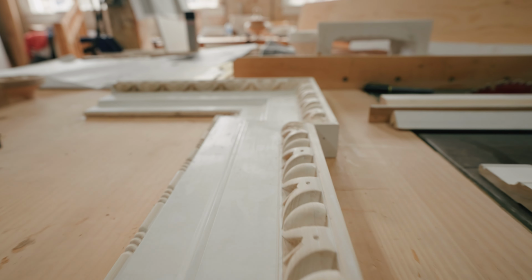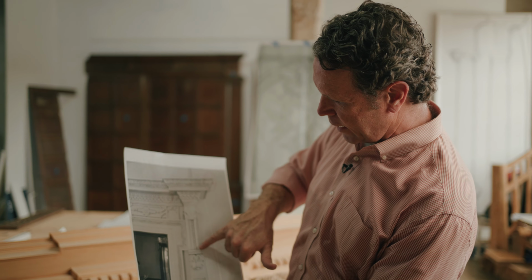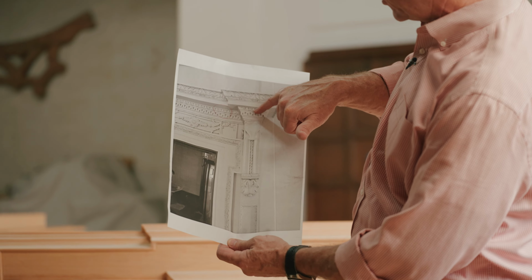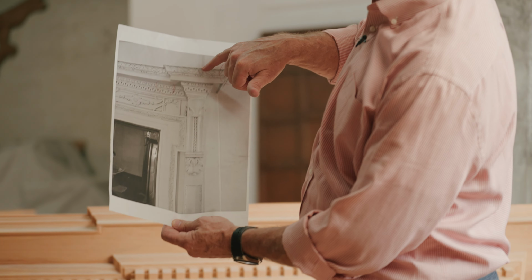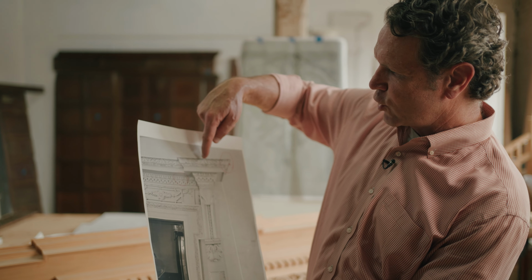happens with carving. If we look back at this bracket and this door header, notice that we've got a center line here with this little rope detail, and it runs all the way up through here, lines up with this egg, and then lines up with this leaf detail. Either side of the leaf detail, we have this kind of strap work detail, right? This isn't just, I need an egg and dart, 50 feet long. This is capturing this whole overhead and integrating new designs into the moldings, which make it even better and more